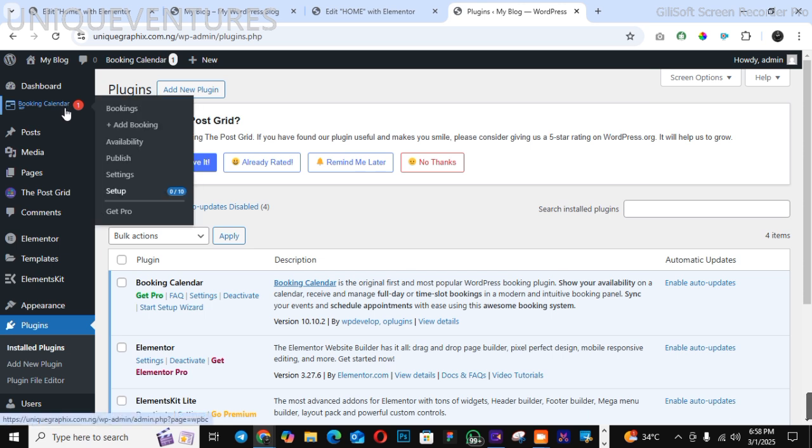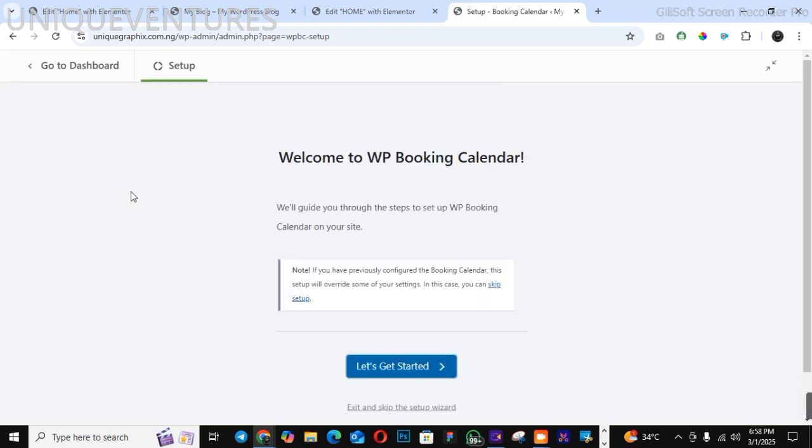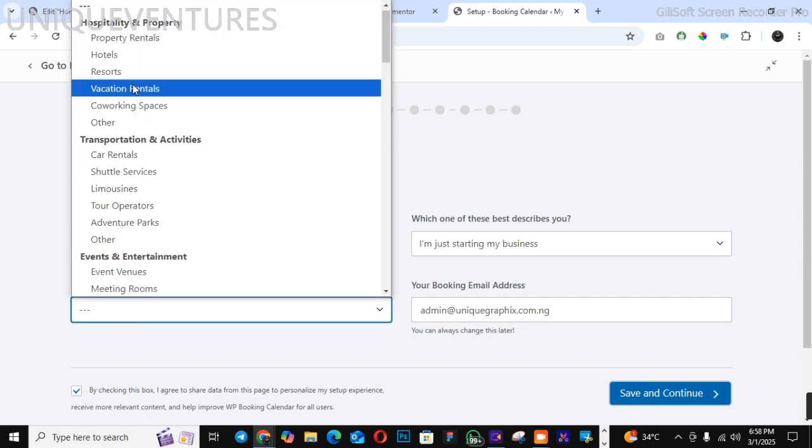All you need to do is just click here. If you notice, we have booking, add booking, availability, publish, settings. I'll click on this setup to quickly set it up. The first thing we have in here is let's get started. So I'll click on let's get started. The name of the business, I will say Salon. The industry you are booking also, I will say